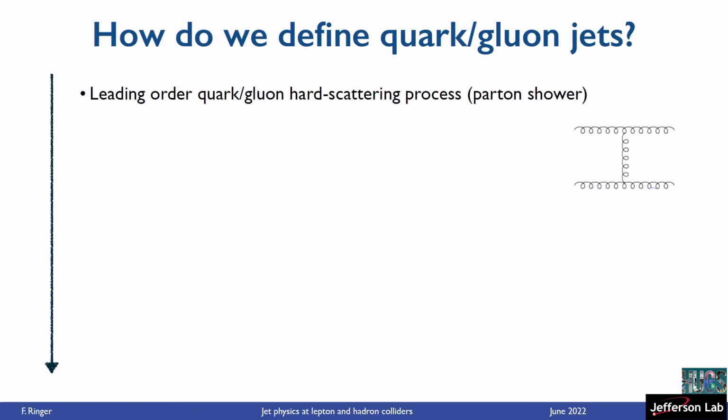Well, first it's just leading order. That's already a problem. We would want to go to higher order, NLO, next to leading order, something like that. So it's something that's inherently tied to leading order plus partial shower. But then you run the partial shower and something will happen. And so to illustrate what can happen,